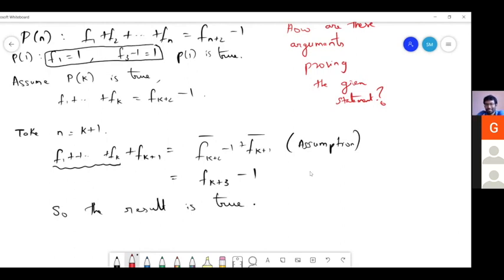Yeah, we first prove that the result is true for particular values of n. Let's say n is equal to 1, n is equal to 2. So based on that, we assume that it is true for n is equal to k also. And what is k here? K is some constant. K can be either only 1 or 2, right? Otherwise you assume it for all the values of n. Right. So this is one thing, and I just wanted to point out.